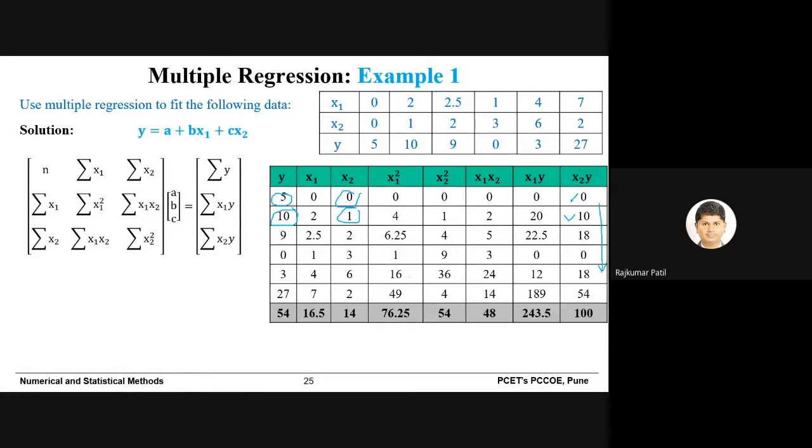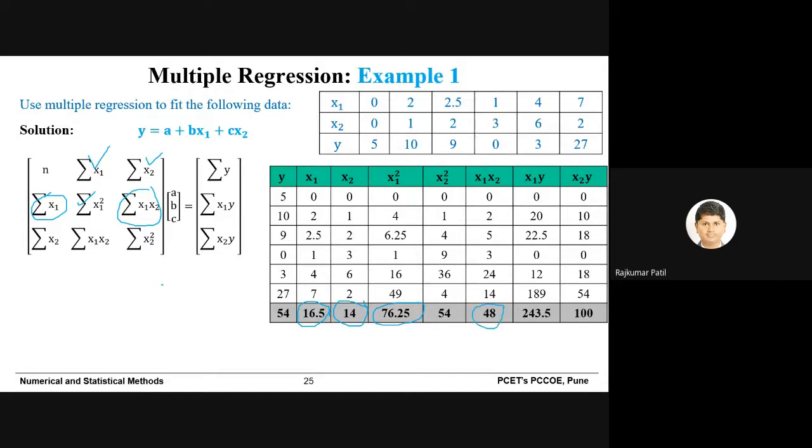So while preparing this table, you need to check this matrix very carefully and verify that you have prepared the table in such a way that all the unknowns from the matrix can be calculated. For example, summation of x1, yes, summation of x1 is there, summation of x2, yes, summation of x2 is there, summation of x1 square, so you can see summation of x1 square is there,